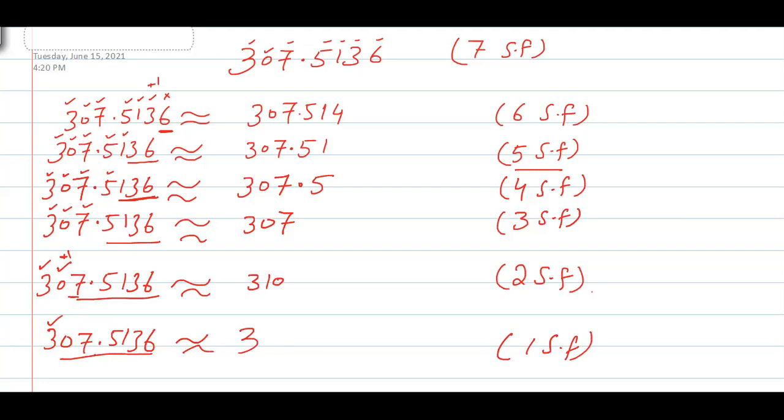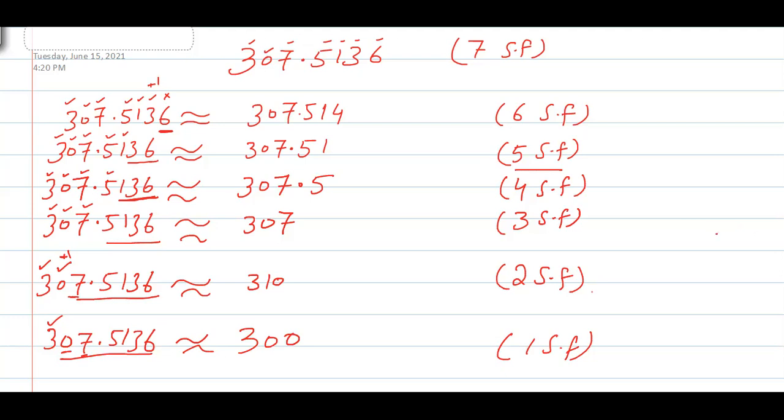So to keep the magnitude, the remaining numbers of the whole part, not the decimal part, these two are the whole part digits. You have to put them as 0. So you can still see one significant figure, because in the whole number, the ending 0s are not significant. So it's only one significant figure here.